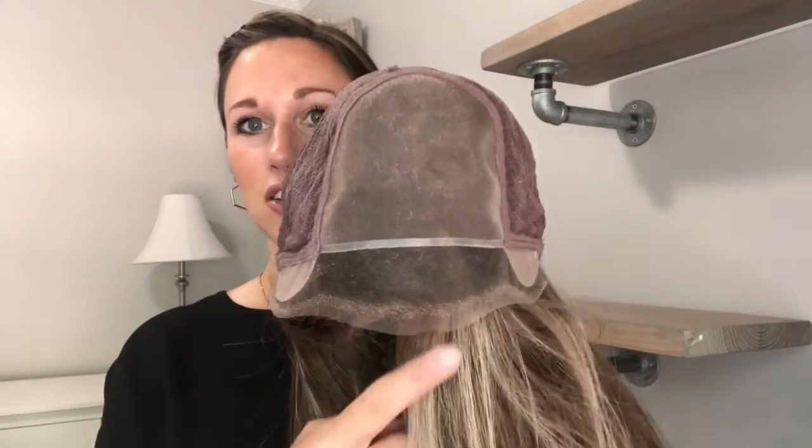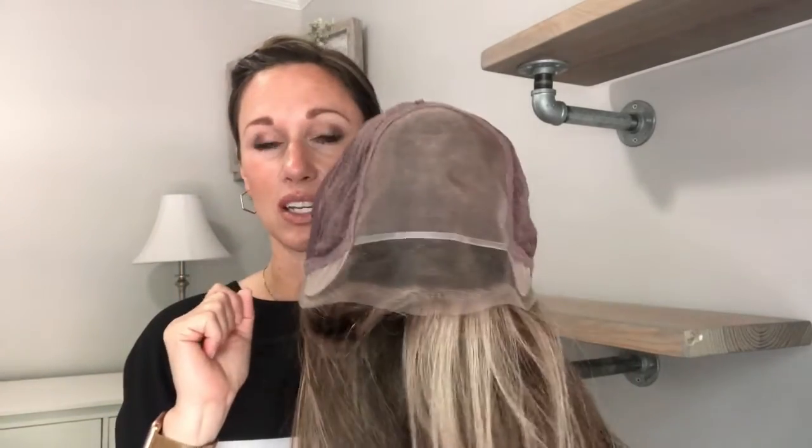So the first thing that you're going to notice is the lace front. Now this is the smart lace design, where they take the lace fibers and they kind of go in like a hashtag pattern, and then where the 2 fibers meet, they weld it together. So it is sturdy. We're going to talk a little bit more about the lace when I put it on,